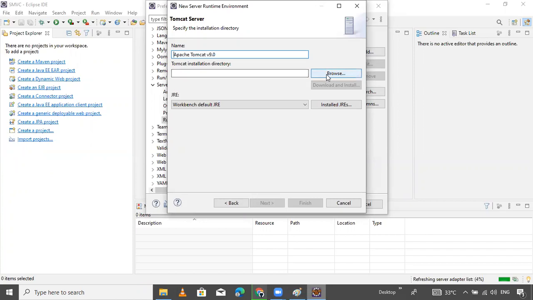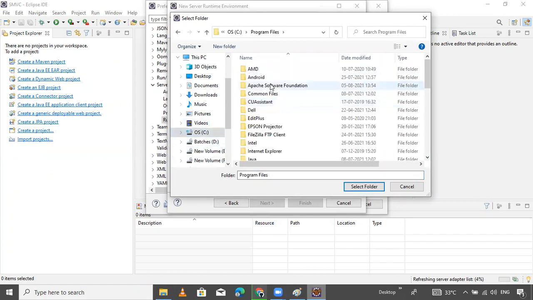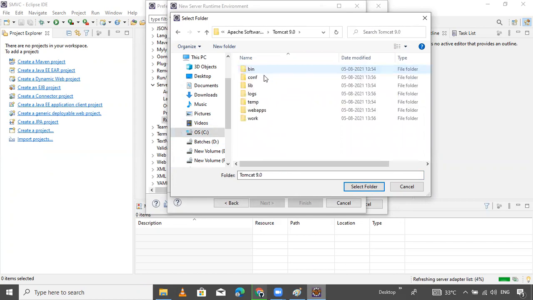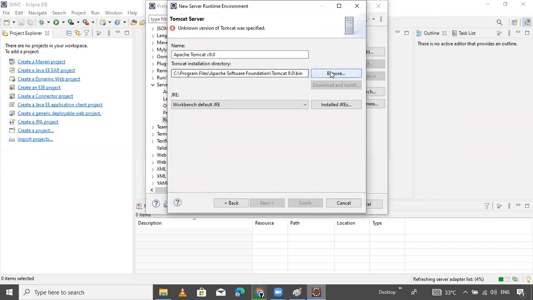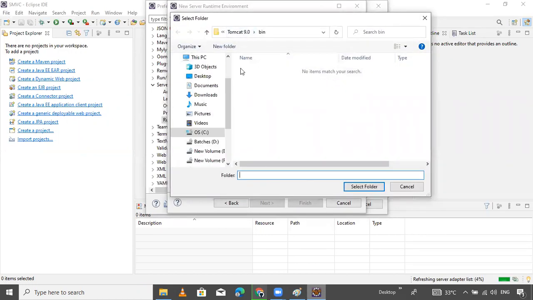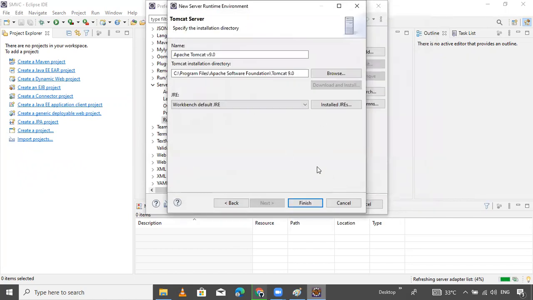Here you can select the directory path, where your server is installed, inside Program Files, Apache Tomcat Server Foundation. The bin folder was selected, so it asks for this. Not an issue, just select this. That's it.